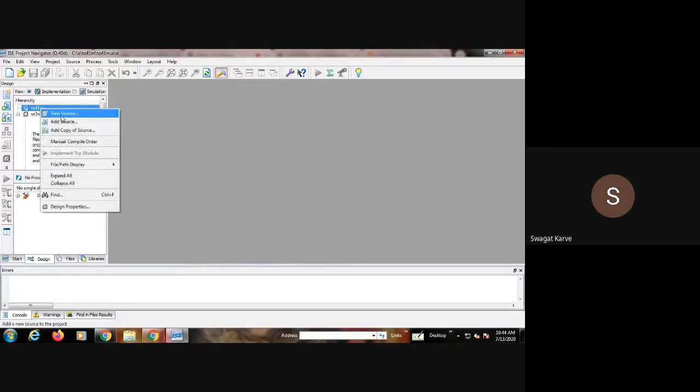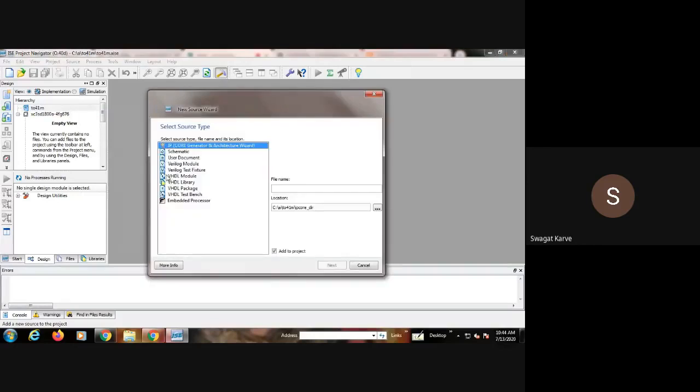Now new source. In that directory we will add a new source. And now what file name do you want to give to this multiplexer? Mux 41. Is this okay? Mux 41, that means Mux 4:1. Okay.